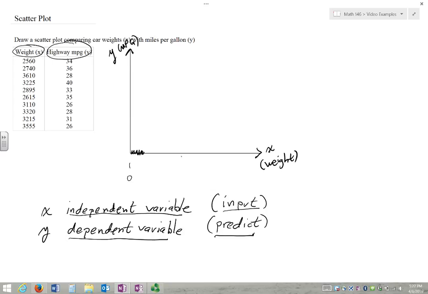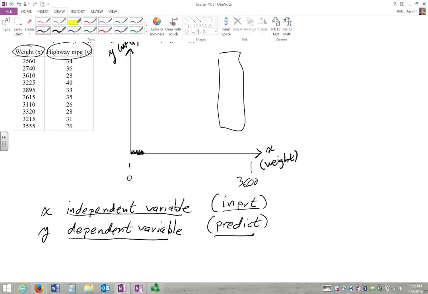The lowest weight is about 2,500. If I went from 0 to 3,600 like this, all of our weights would be in this tiny column here. There'd be no point to that. But then again, you can't just have a variable scale on the axis. So the way we get around that